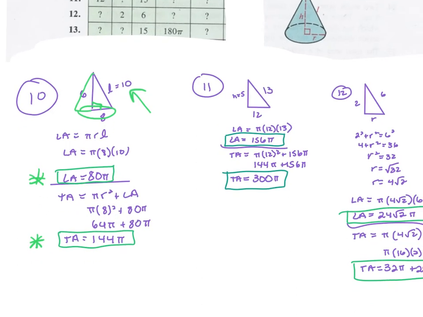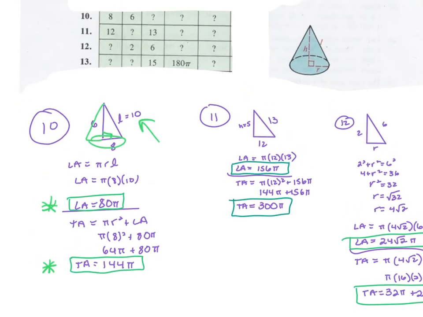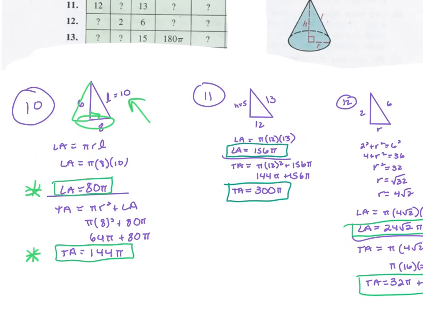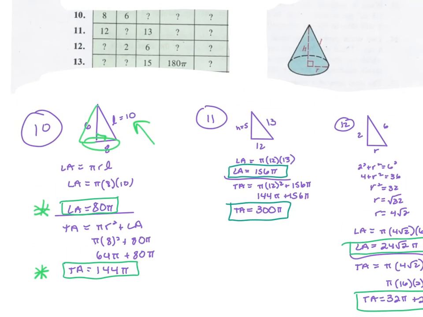Number 11, same thing. You needed to find the height this time, but again, you're still pulling out this same triangle each time. So notice how they've labeled H, R, and L in the picture here. And again, it's a right triangle, so you do Pythagorean theorem, again, if you don't know your triples. Again, a 5, 12, 13 is another common triple. And then once you find everything you need, which you already had, just plug it into the